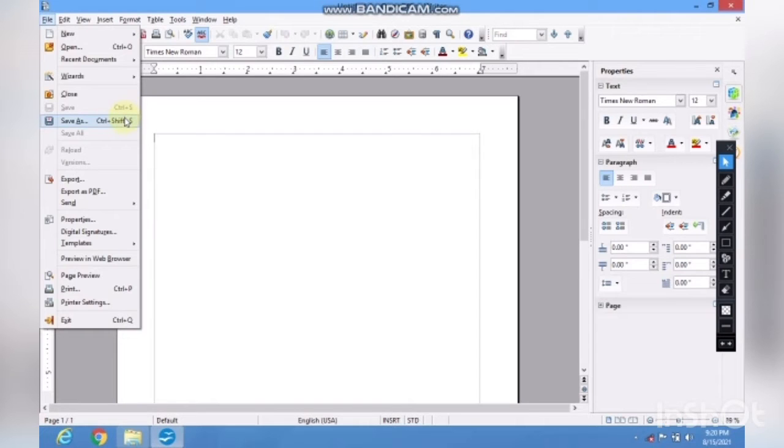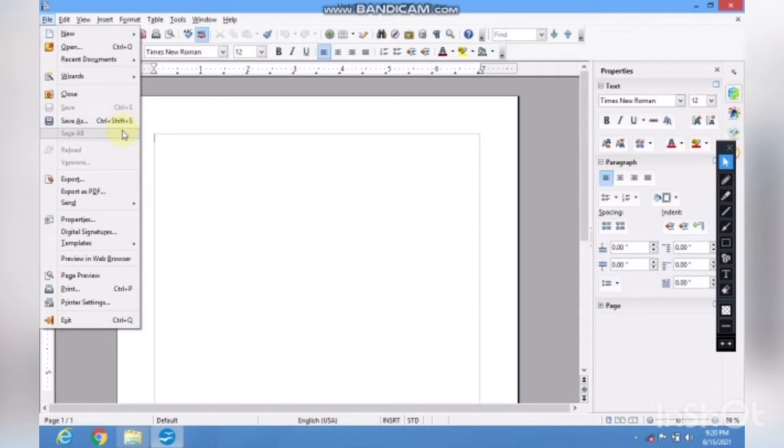Next option is save as. Well, this save as option renames our file and saves it once again with the new file name, okay. The very first time when you save your document you can go to the save option or else the save as option for saving it by some name, right?